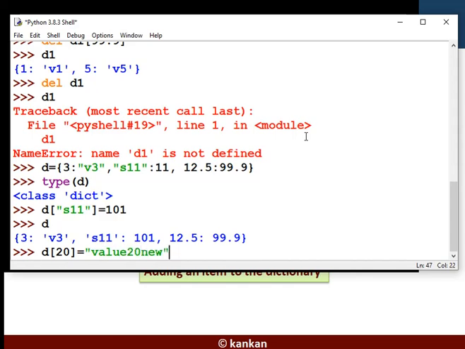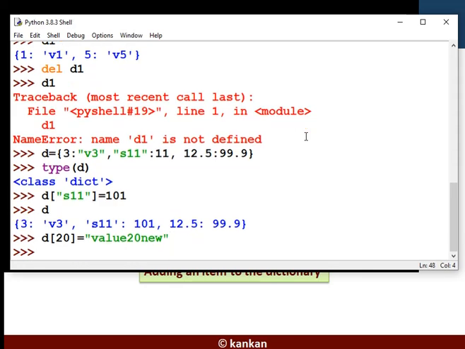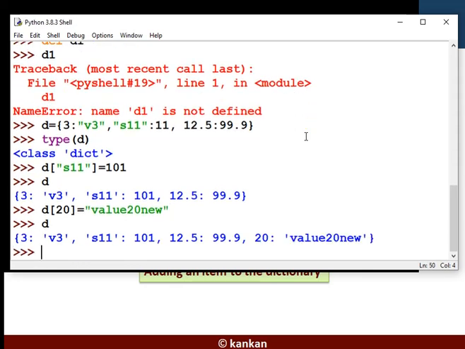Okay, this is the value. Now see the dictionary. So the newly inserted item has been added to the dictionary successfully.